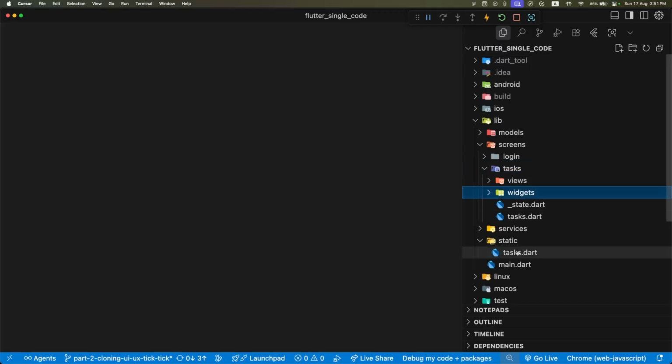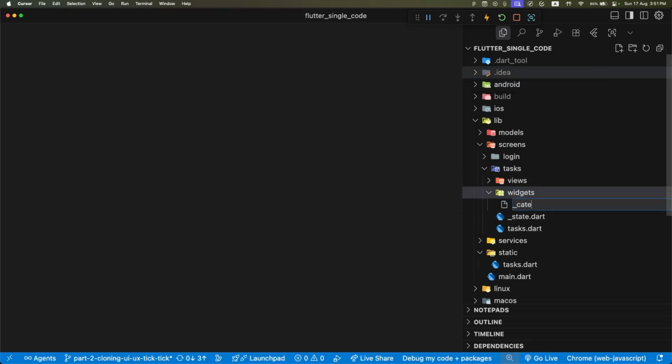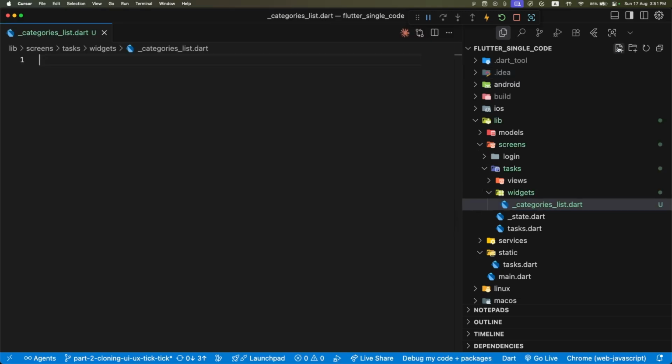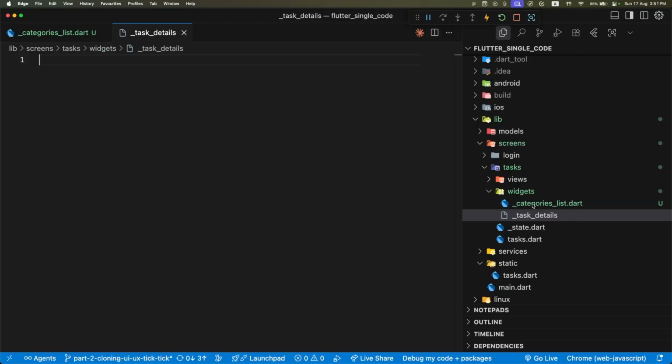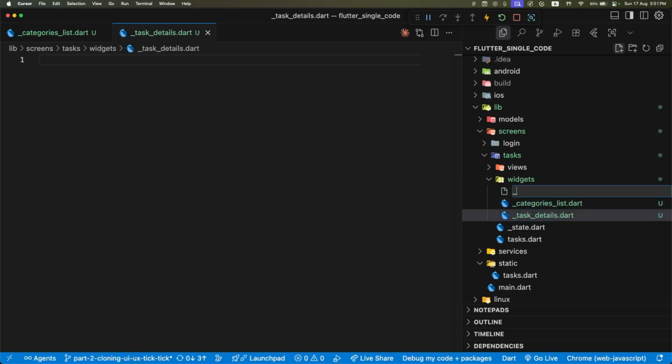I'm just going to keep all the related widgets inside the tasks architecture works. I keep the related widgets near to the screens that is only using it. So first thing is going to be the categories list. Second thing would be task details, because this is going to be where the task is shown in form of a list, in form of the title and the detail of the tasks. So we're going to keep it that way. And then we're going to have is basically task list that is going to be displayed inside or between the whole